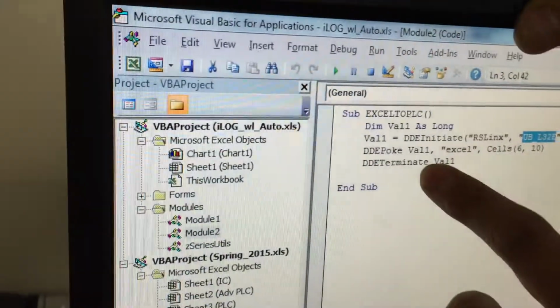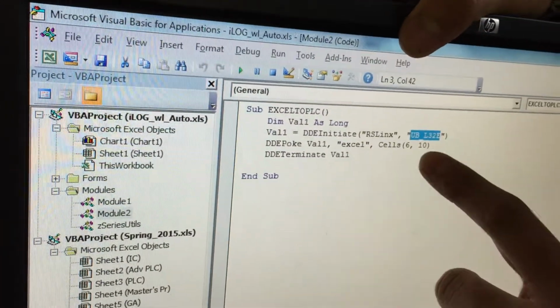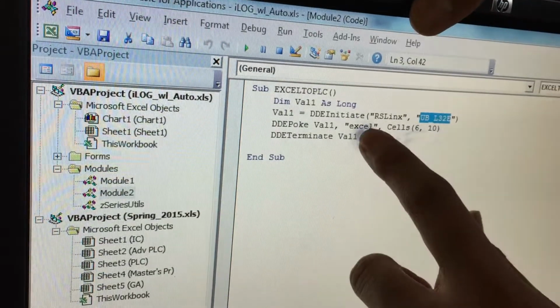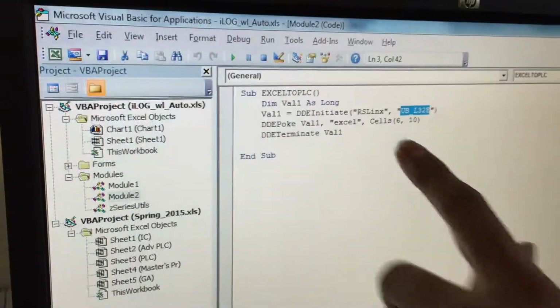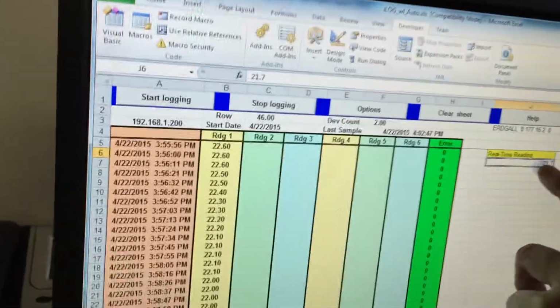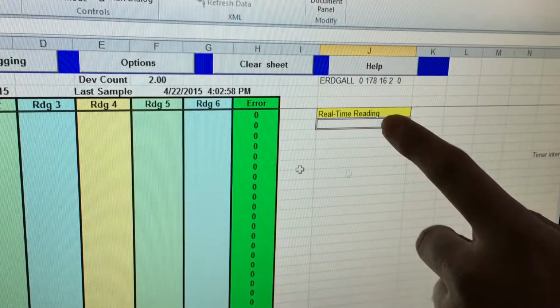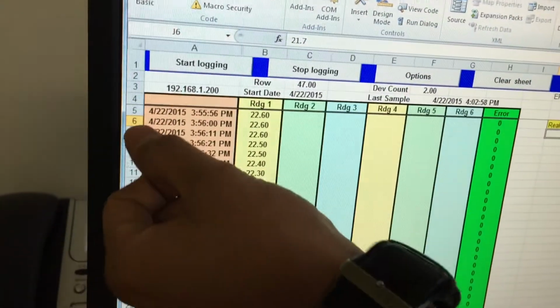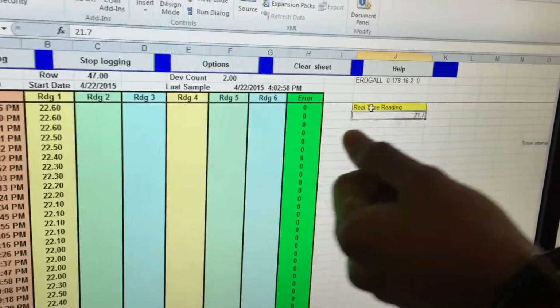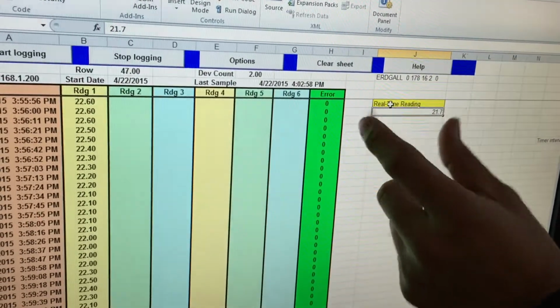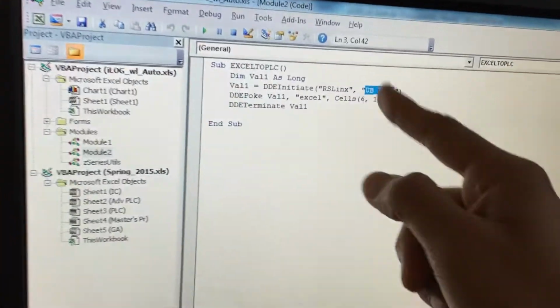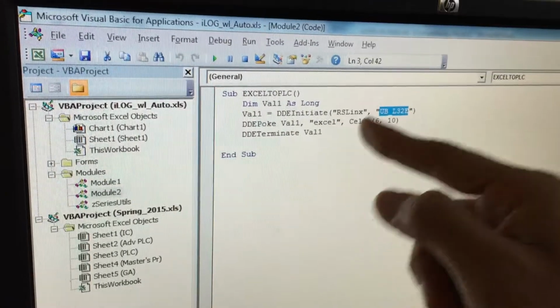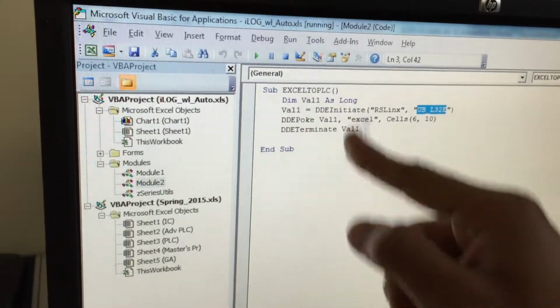Now DDE poke will be sending the data from this cell 610 in the Excel by using this variable, channel 1. Cell 610 has this value, the real-time temperature reading. This is row 6 and this is column 10, so this particular cell is called cell 610, and it is going to send the data to the Excel tag.